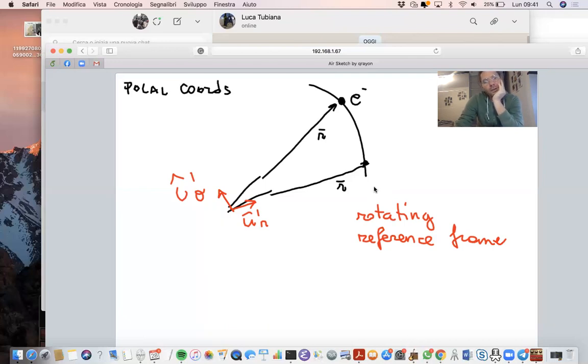Now, anytime you have a rotating reference frame, you're in a so-called non-inertial frame. Remember, the concept of inertial frame is key to classical mechanics. It was introduced, if you want, by Galileo before Newton's laws were discovered. And it basically defines the concept of relativity. If you know a reference frame in which forces are not there,